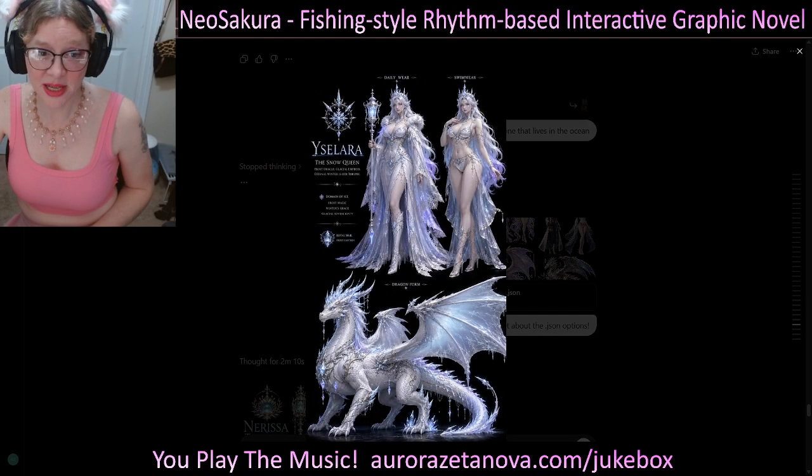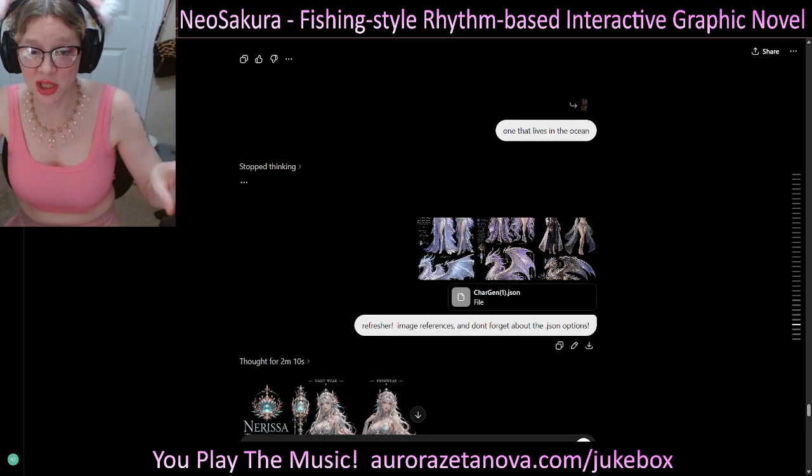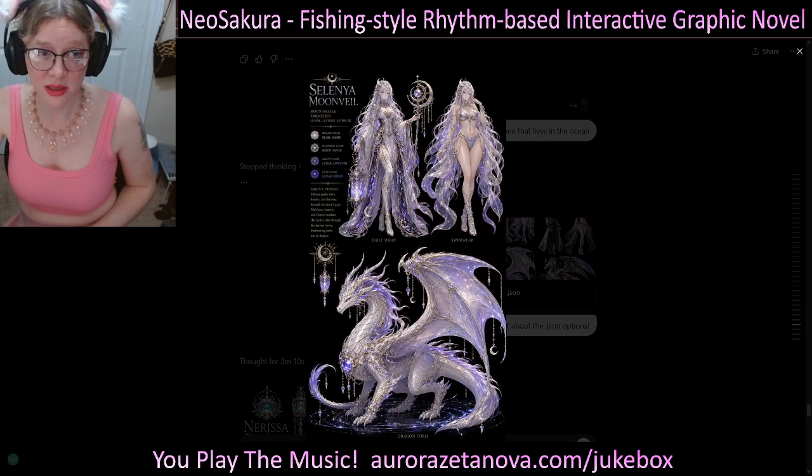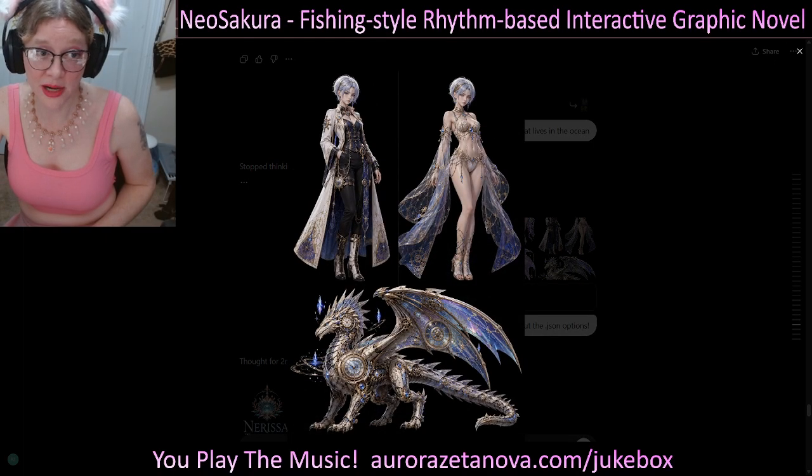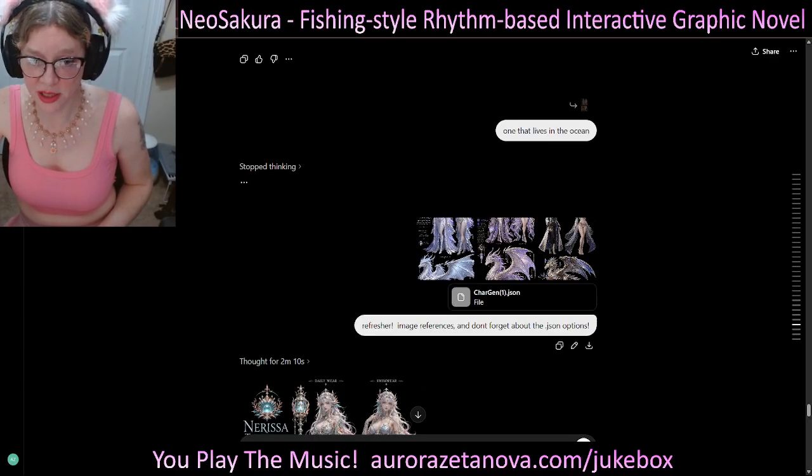And what I gave it this time was the actual character sheet. And I picked my favorite ones out of what it's been giving me. Instead of going back to my original 9 images, I showed it these 3 images. Because technically these 3 are 9. But I did go back to one of my originals, sort of, right? So those are the 3 I shared, and I gave it that JSON file back, and I